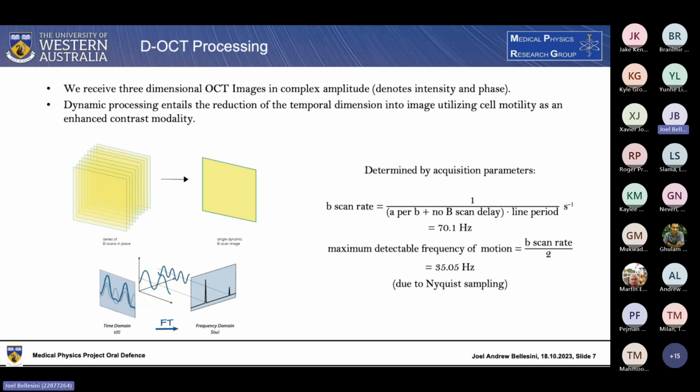Essentially, that's due to Nyquist sampling, which means we want to have 2 points per wavelength in order to accurately sample a given frequency. This can be mitigated, or used for downsampling, but for the sake of accuracy we want to stick to Nyquist sampling, in which case 35 hertz, given a B-scan rate of 70 hertz, will be our maximum